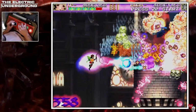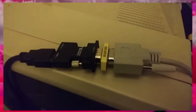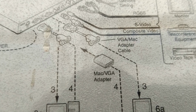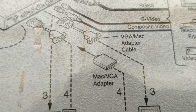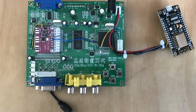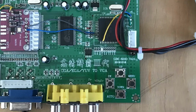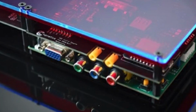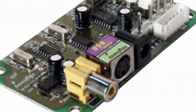And thanks to a combination of the HDMI to VGA converter, which takes it, and then you put that into the Extron Emotia, which has inputs for VGA, and then you can output that VGA into S-Video, which is very clear, very sharp, really fantastic. And so the reason why I really want to discuss this whole issue is because let's say you get another downscaler like the GBS Control. That thing does not output S-Video. So what you're going to have to do is run that in RGB or whatever it outputs to, and then run it through an S-Video converter